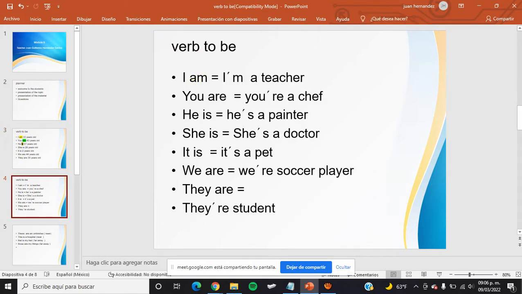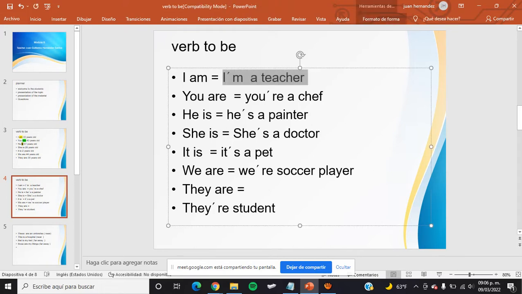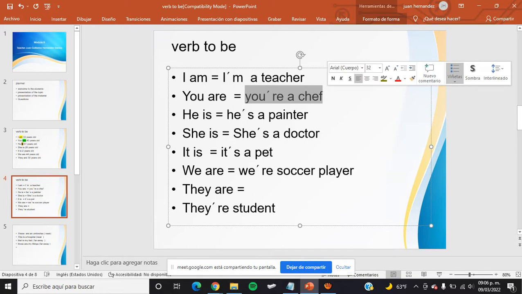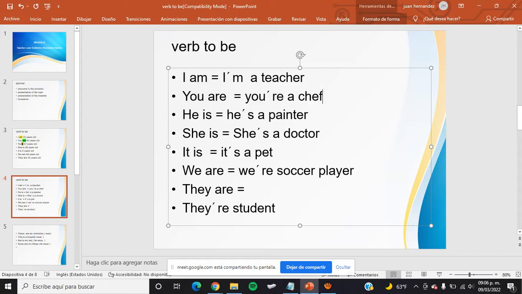The other way that you can use the verb to be is for mention. In this case, what is your occupation? In my case, I am a teacher. Maybe one of you, maybe you are a chef. Sorry, chief, no, chef. Thief is the person that stole the things of another person. The thief es una persona, es un ladrón, es una persona que roba otras cosas a otras personas.